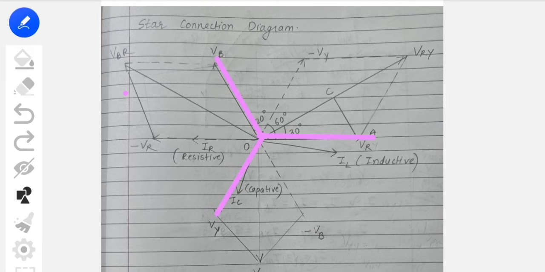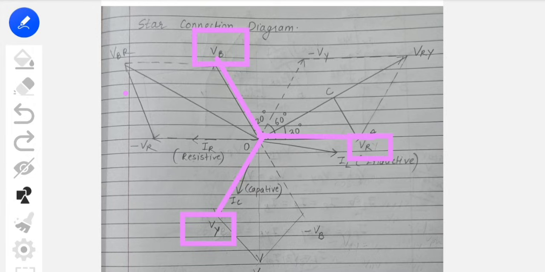I hope you are clear till now. The very first you mention as VR, representing the voltage for R, and here the voltage across B and the voltage across Y. Remember the sequence must be the same, otherwise your diagram will be wrong. For your sequence management, you have to practice this phasor diagram one or two times. As I told you, first measure 120 degrees and draw these three phasors originating from a common point. Each represents the phase voltage. These phasors are typically 120 degrees apart, reflecting the phase difference in a balanced system.